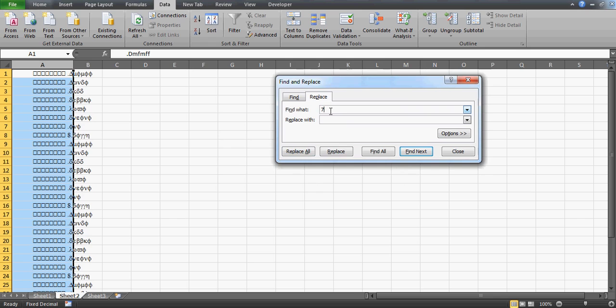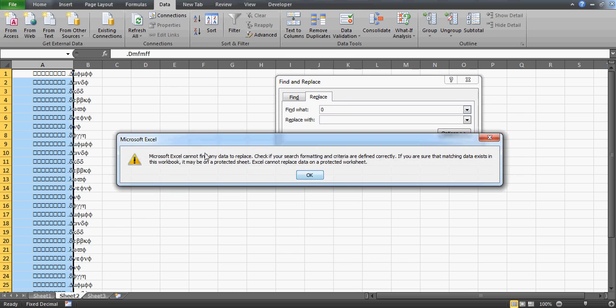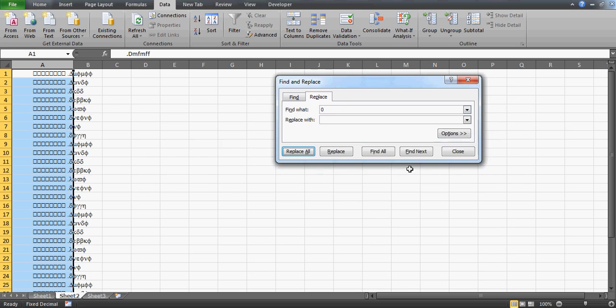Okay, and now 8. Replace. So we are replacing all the numbers. We are assuming that it should have all the numbers. Wherever it does not find a number, it will say that it can't find any data to replace. So that's fine. But I have tried all the numbers: 0, 1, 2, 3, 4, 5, 6, 7, 8, 9,